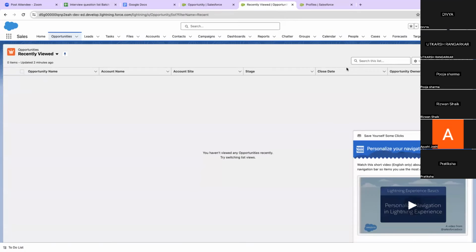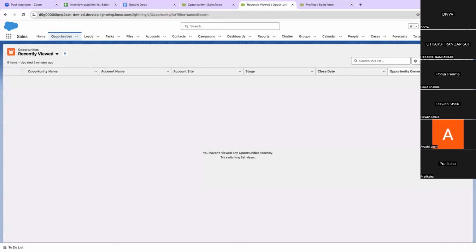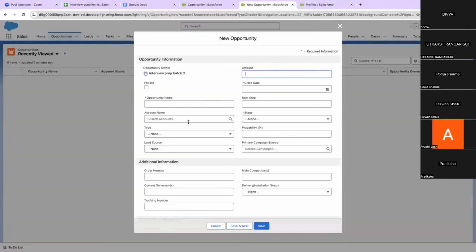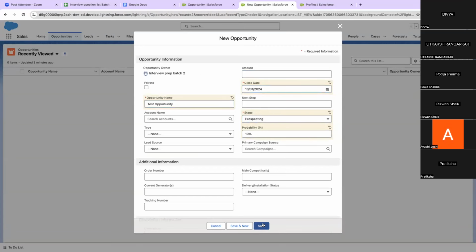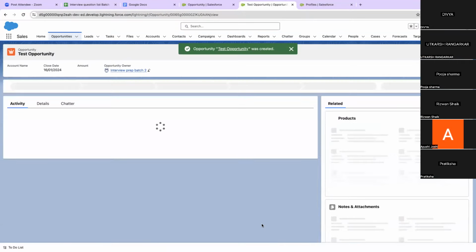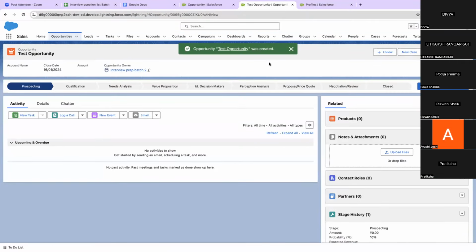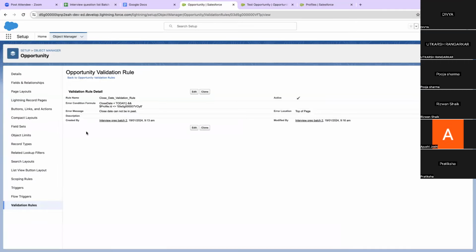So in that case, if I now try to create the opportunity and I am a system administrator, I should be able to save this. Stage is prospect. And let's take 16 as a date and try to save this. I will be able to save it because I am a system administrator and we have excluded that profile from the validation rule. Okay, this is one way to do it, but it is not a very good way